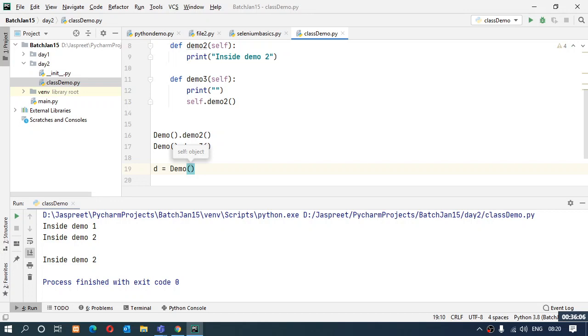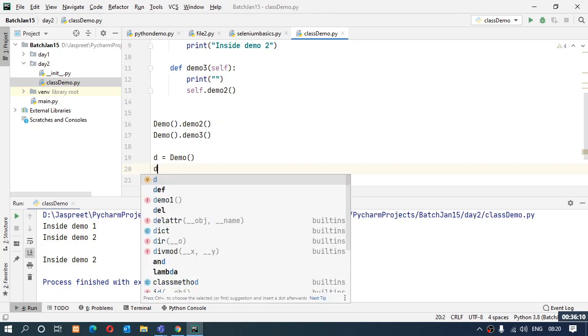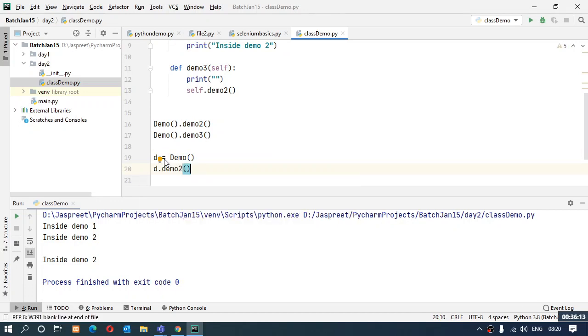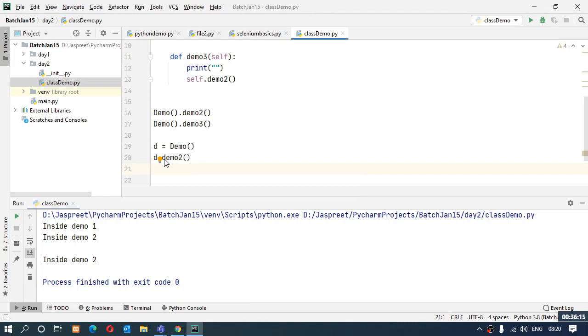Whenever I have to use this demo class, I will use the reference d and call the functions. Now one object is made and I'm using only that reference to call all the functions that I have made in the class.